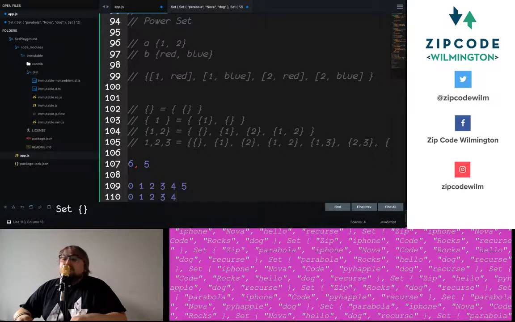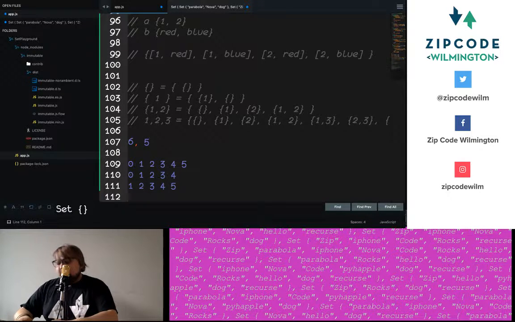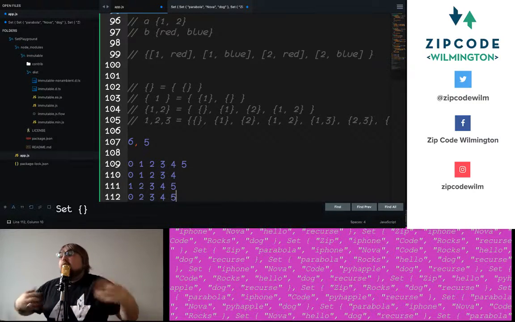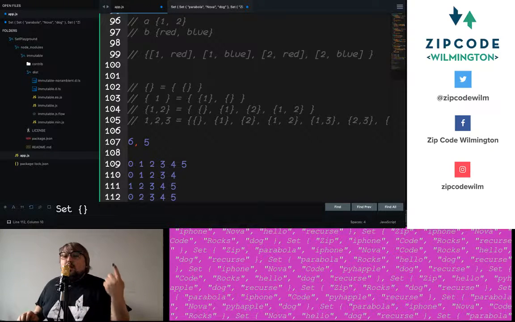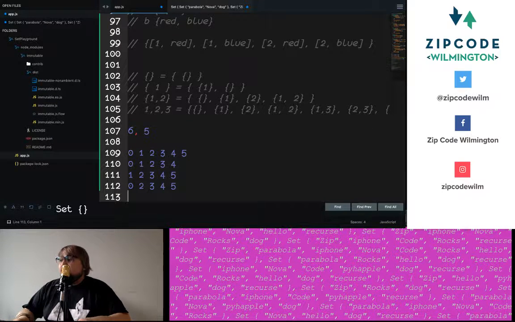Now I have 5 items here, so what I'm going to do now that I have 5 items is I'm going to say, okay, well, there are other combinations. So I'm going to include the last item and omit all of the other items first. So I have 1, 2, 3, 4 because I'm omitting this first one, and then I'm going to add 5. And then I'm going to have 0, 2, 3, 4, and have 5 because now this time I'm omitting 1. So on and so forth, and I'm just going to keep omitting one character at a time. So this one will take 6 times. This one will take 6 to the 0, and then this is going to be like 6 to the half, and then